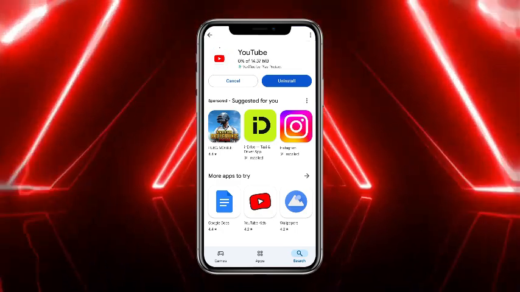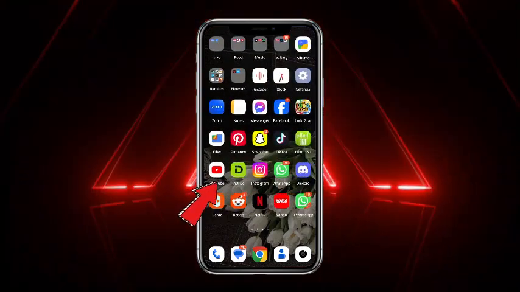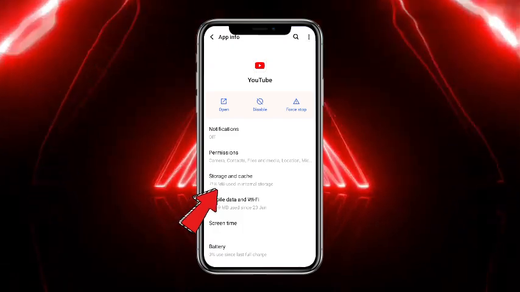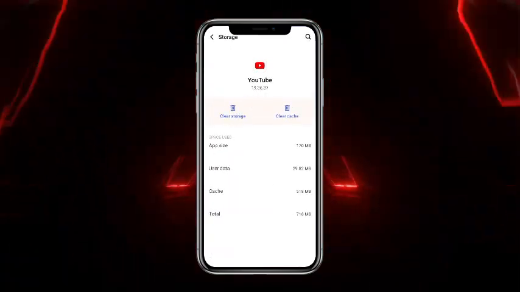Once you are done, simply go back, head towards the YouTube app and tap and hold it. Head towards app info. From the app info, head towards storage and cache and clear out the storage and cache for your